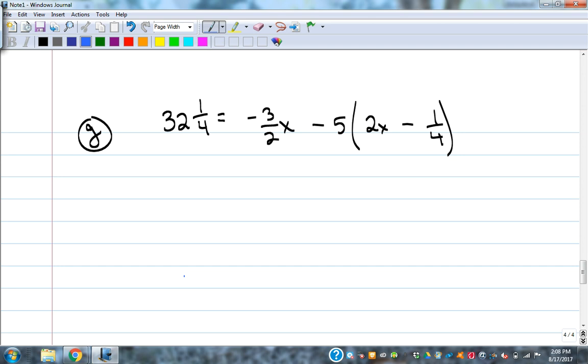First thing you should do: mixed number to improper. So we only got one mixed number to deal with. So that's 32 and a fourth. So that'd be 129 over 4. 32 times 4 is 128 plus 1 is 129. And then I'm